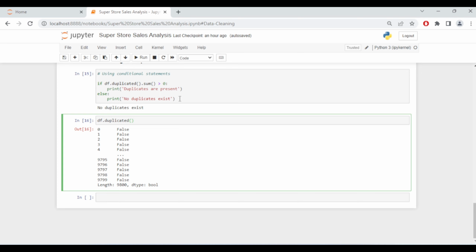This one is simpler, and you just use one line of code while checking for duplicates. So I'm going to use that one. So df.duplicated,